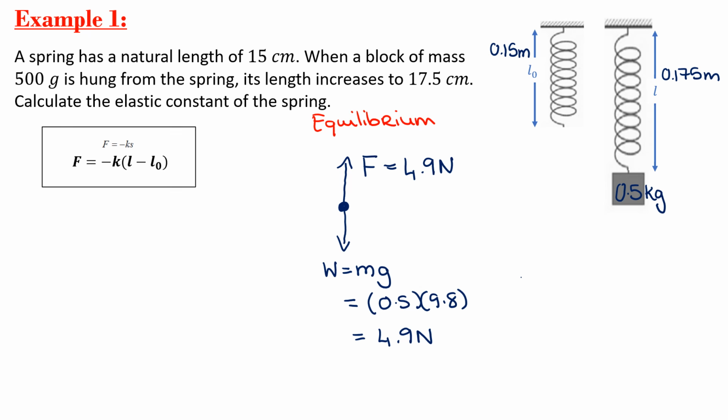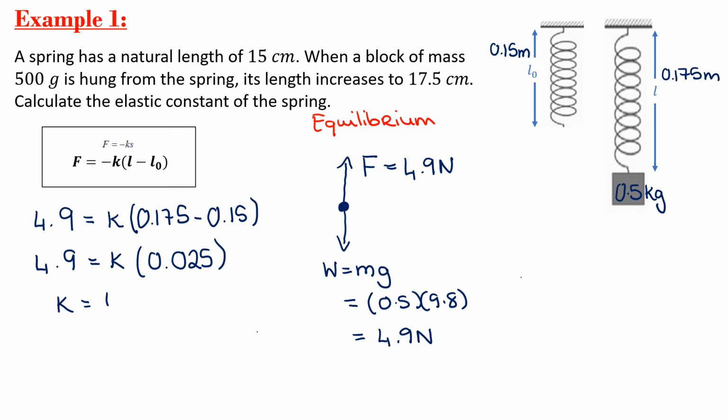So then filling into our formula for Hooke's law, we have our force, which we know is 4.9, is equal to, again, I know that my force is moving up. I don't need to put that minus in here. I can simply just use the magnitude of this force. So we're going to just ignore that minus. Another way you could think about is that the force working up is negative. Put a negative on both sides. Both are absolutely fine. L then is my extended length, 0.175, minus my natural length, 0.15. That gives me 4.9 = K